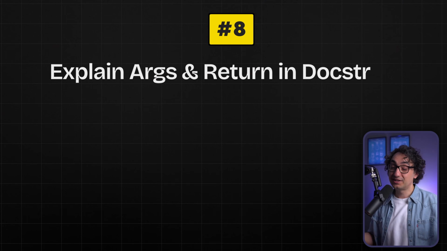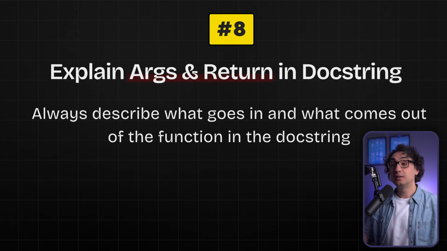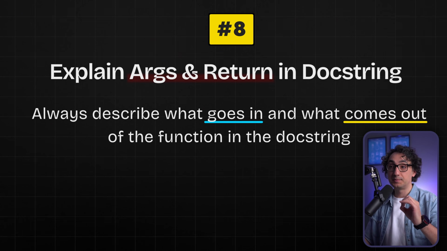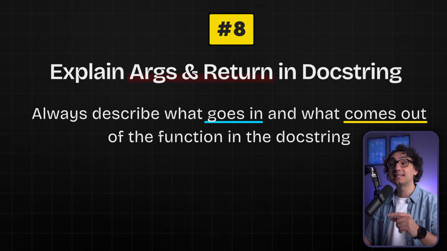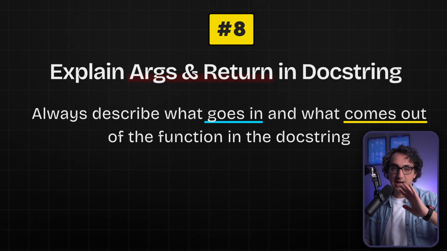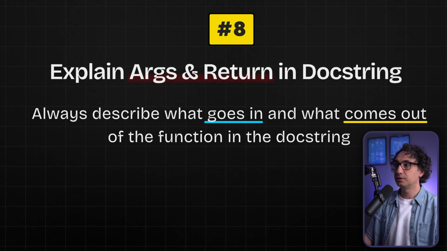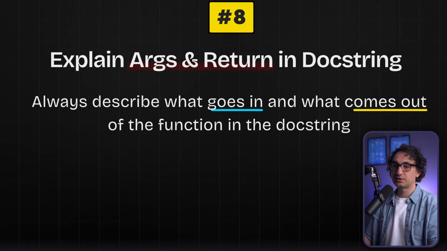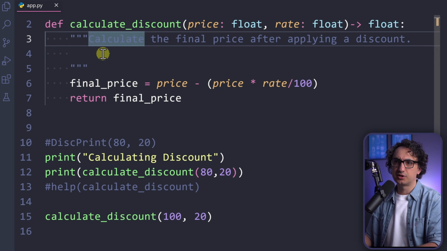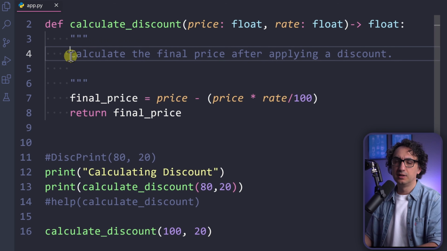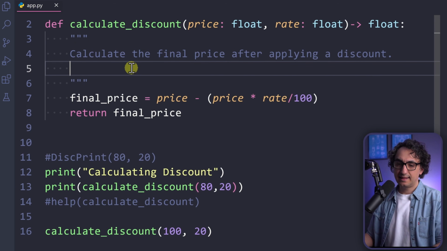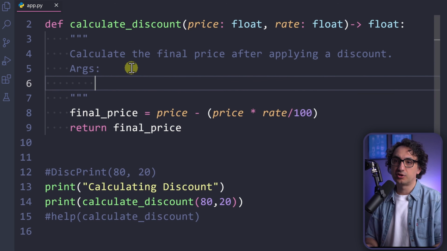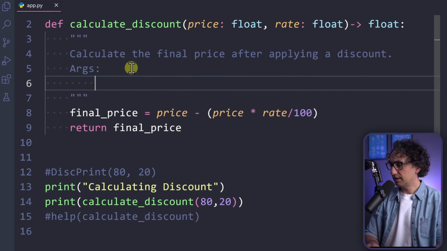Now, another luxury thing, but still it is professional, we add as well a description for the input and the output inside the docstring. You're gonna find this everywhere from professional Python coders. So how are we gonna do it? We're gonna go and add new lines inside our docstring. So now this is just a description. Usually the first one gonna be the description of the function, and then we're gonna say Args for arguments.